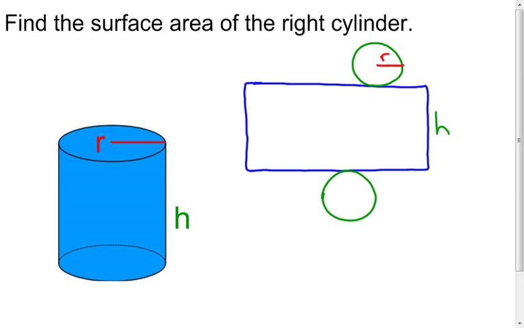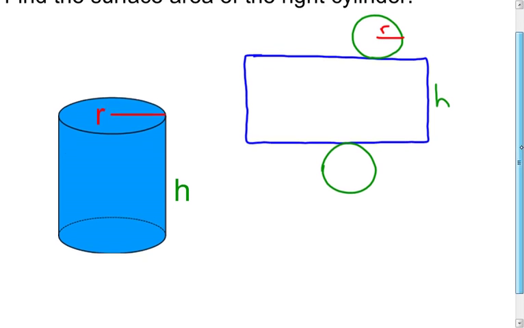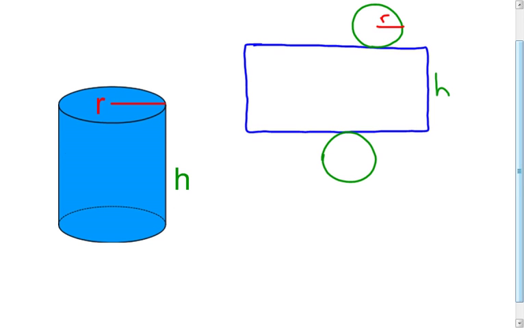And I know that that part is h right here because, remember, the height of your cylinder is the distance between the two bases. It would be the same thing in a prism. The height of the prism is the distance between the two bases. Now I can look at this, and if I can find the area of my circles, I have part of it, and the area of the rectangle, I'll have my entire surface area. I'm going to look at my circles first. So the area of my circles,